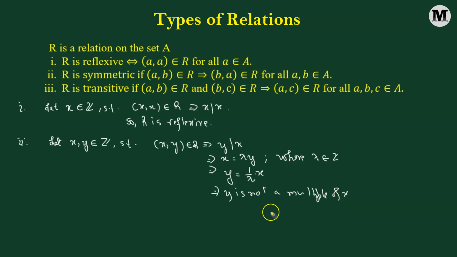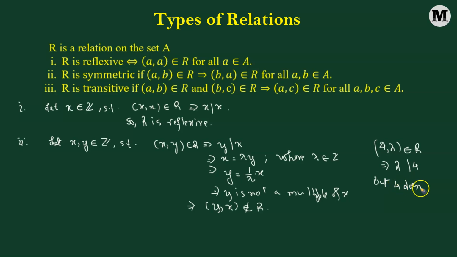Since we cannot say that y is a multiple of x, this simply implies that the ordered pair y comma x does not belong to the relation R. We could think of this in a particular fashion. Let's say we consider the ordered pair 4 comma 2. If this belongs to the relation R, it simply means that 2 divides 4. That's true, 2 indeed divides 4,